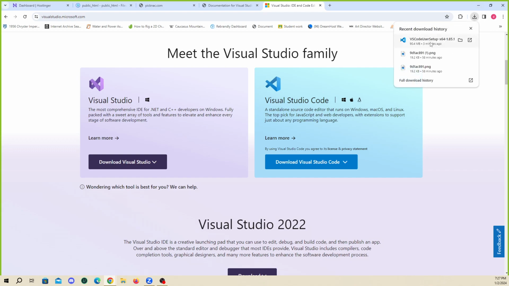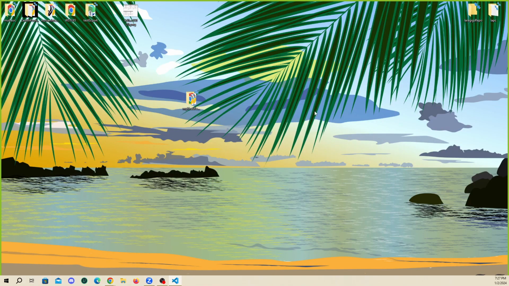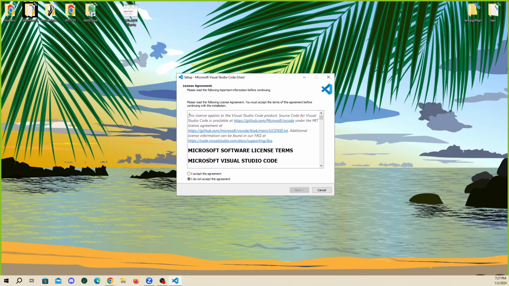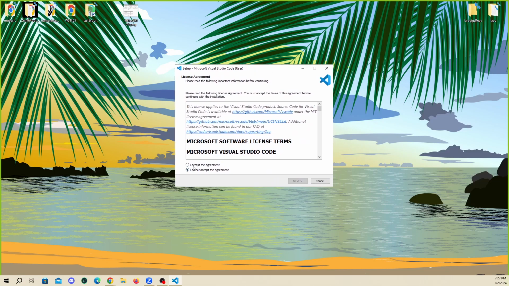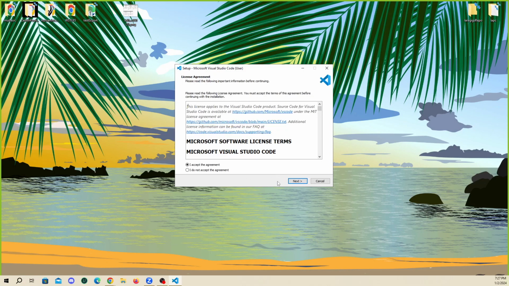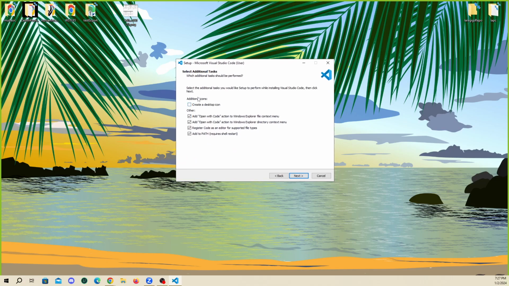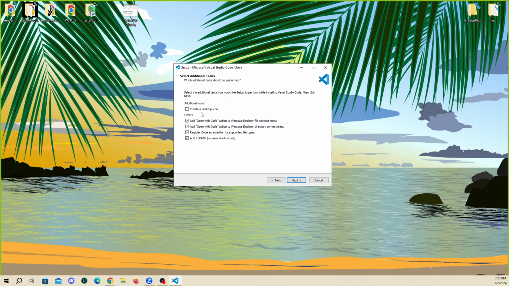I downloaded it, so let me click on it. Is it opening? Oh, there it is. Okay, so you're gonna click I accept, next. Okay, I accept, next, and you could just leave everything default, but if you want a shortcut,